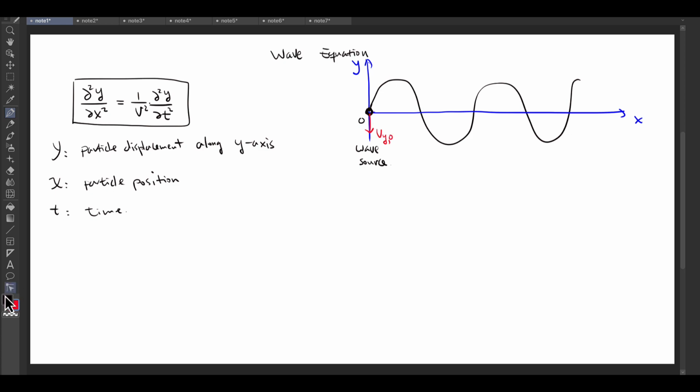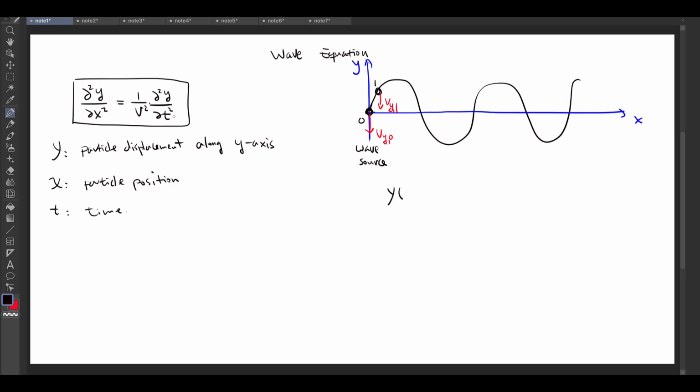Now if I look at another particle, let's say here, its velocity right now is downward because it's going to follow the earlier particles, and that's v_y, let's call it 1, etc. So you can draw these for all the particles along the wave propagation. So now we know at the origin here, the y